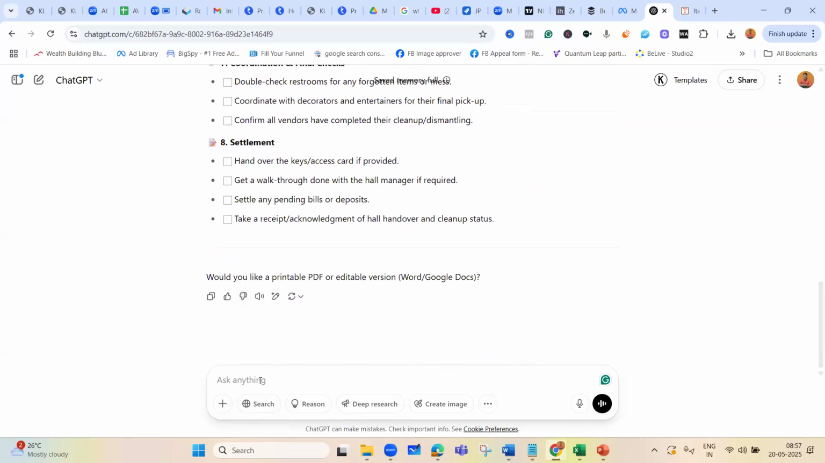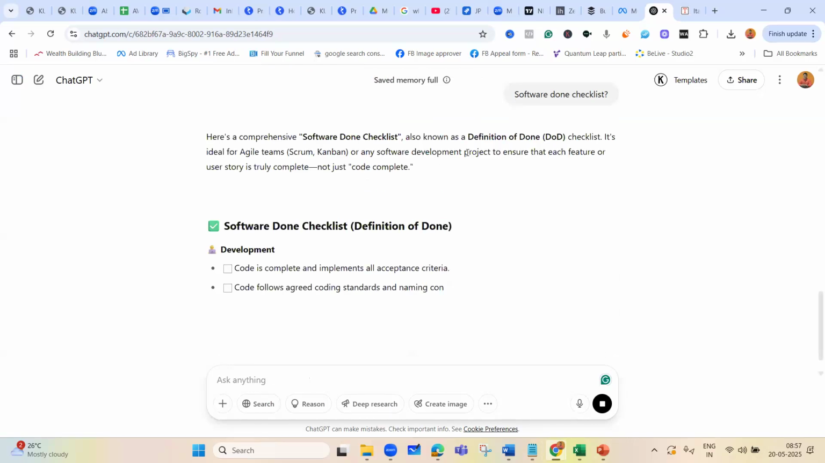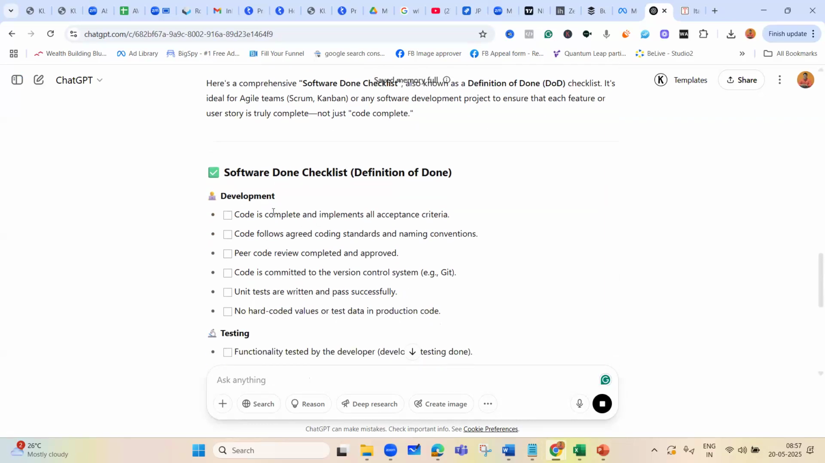Now let's ask for the software done checklist. Okay, can I ask that? Yes. Let's see what all it says. Generally, your definition of done and definition of ready has to be finished. It says that, also known as definition of done, it's ideal for agile team or any software development. Now it says that the software done checklist means your code is complete and implemented